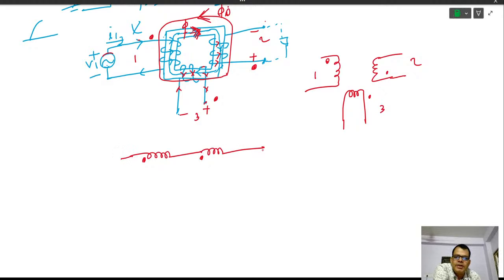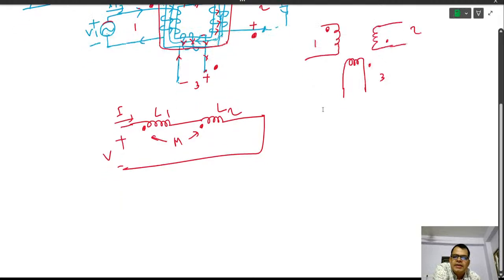You apply a voltage, and this is the current I. This is L, this is L, and they have a mutual inductance M. Right? Very simple, you know, when they are not linking,